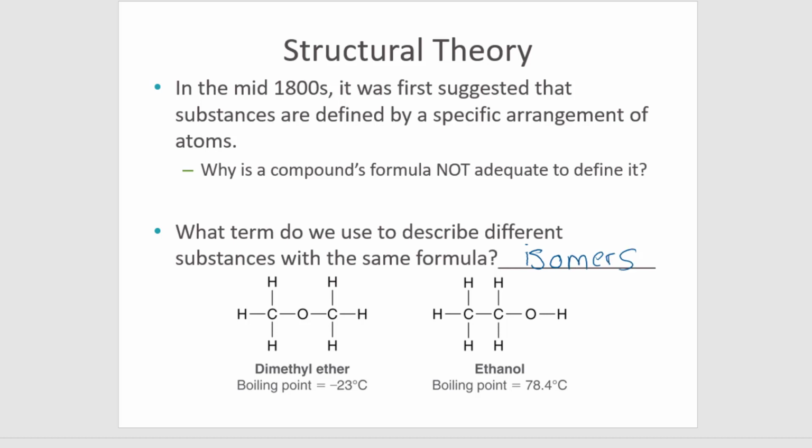And there's actually different types of isomers. The first one we're talking about right now are called constitutional isomers. And in future chapters, we're going to talk more in depth about these. But here's an example. If I have a C2H6O,